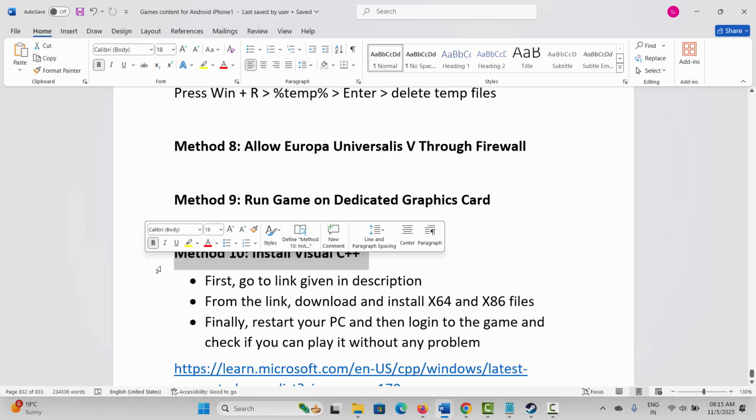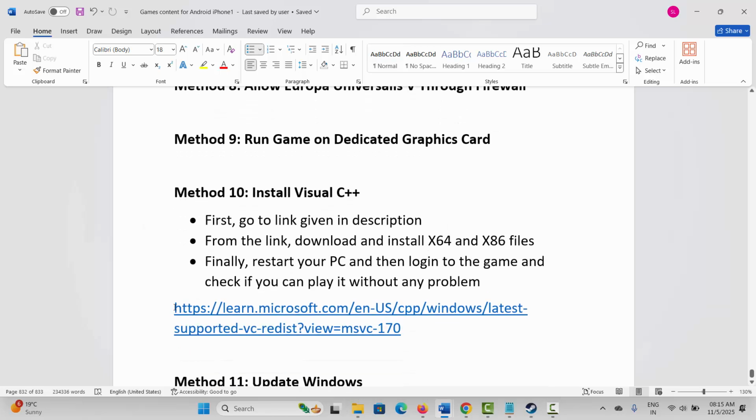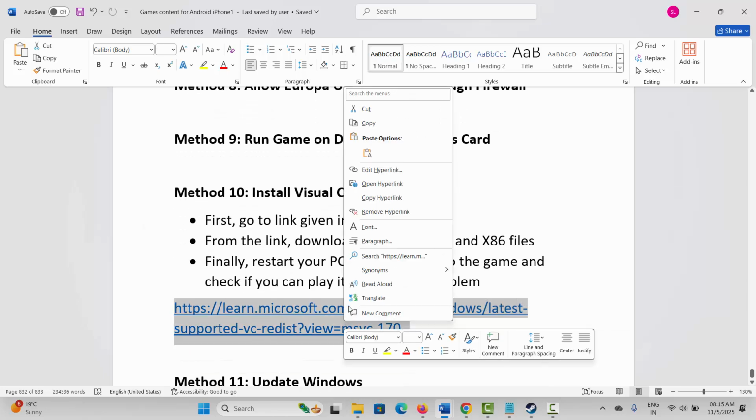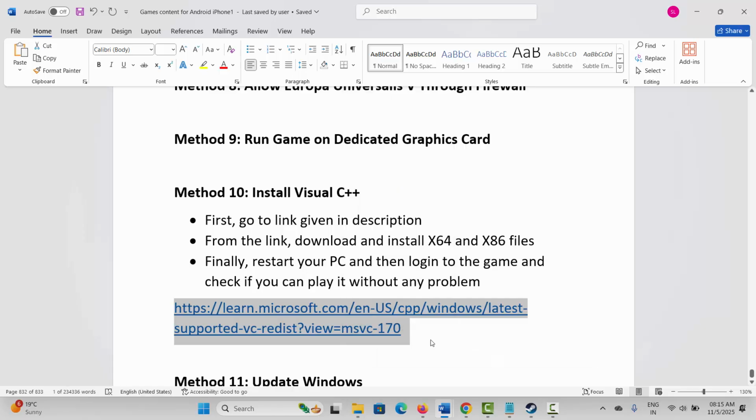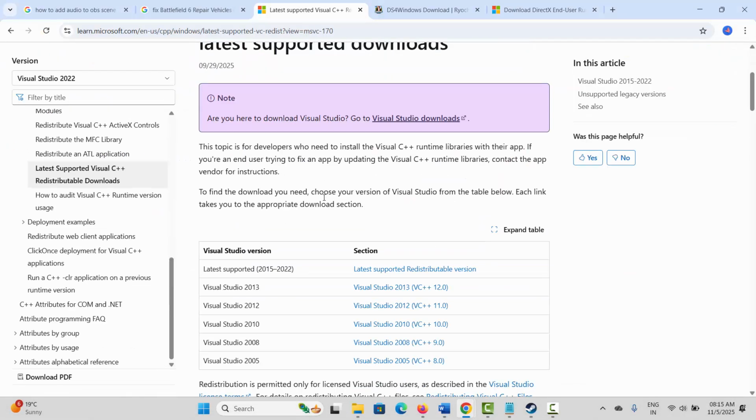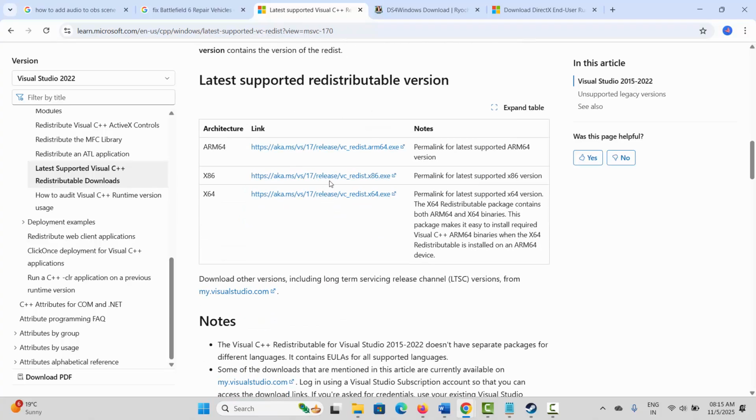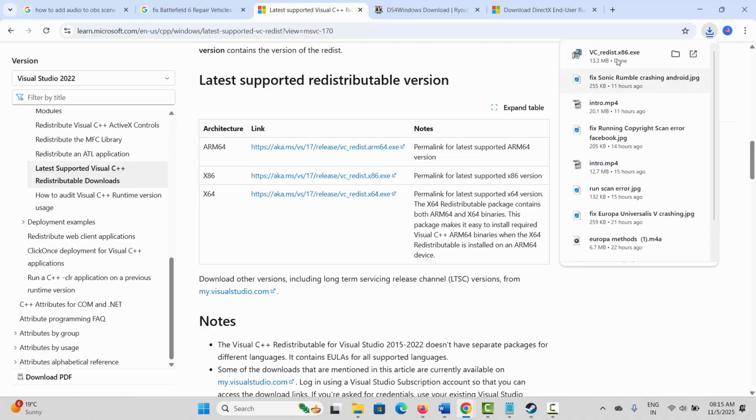Next method is to install Visual C++ files. For that, go through the link already given in the description and paste it in your browser. Now after the website opens, go below. Here you have to click on these both links, click on it and download it. Now after the files are downloaded, you have to open it